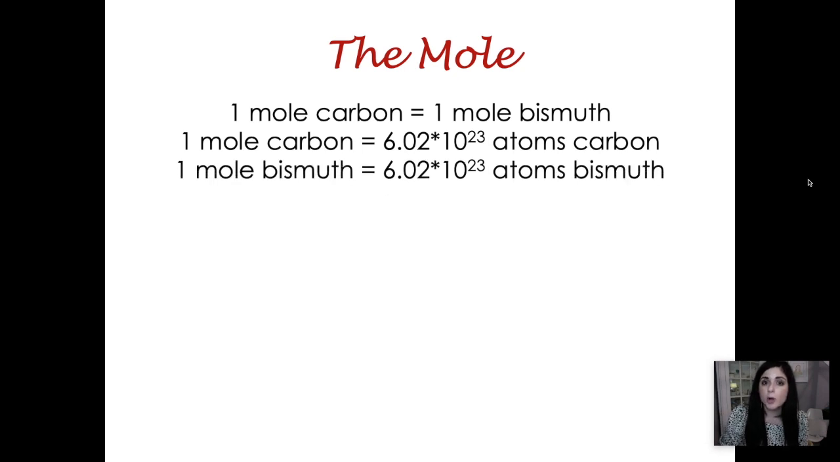So 1 mole of carbon, of course, would equal 6.02 times 10 to the 23rd atoms of carbon. And 1 mole of bismuth would represent 6.02 times 10 to the 23rd atoms of bismuth. So you have the same number of those atoms because that's what a mole is. Same number of each of them,